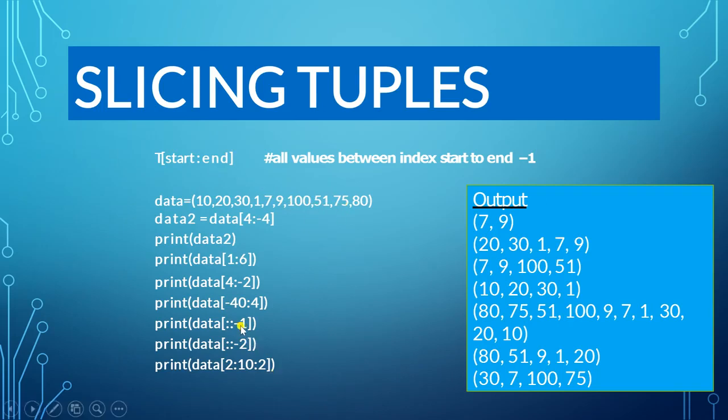And in this question, this is the minus 1. So here it will give you your tuple in the reverse order. The same we did in list and string also. So it will give you the result in reverse form, with just the reverse of your original data. It will start from the backward position, with the step value of 2, so the result will be this.